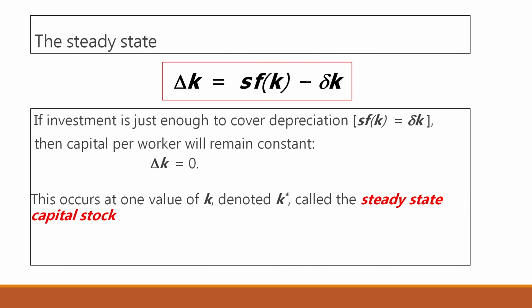So, what we are talking about here is how to determine the steady state capital stock. Okay. So, again a quick recap, what is the steady state capital stock and how do we find that? For that we need to make use of this equation that we see here inside this box. I will repeat that once again because this is one of the most important equations required in the Solow growth model. So, here delta k, but this delta is for change.